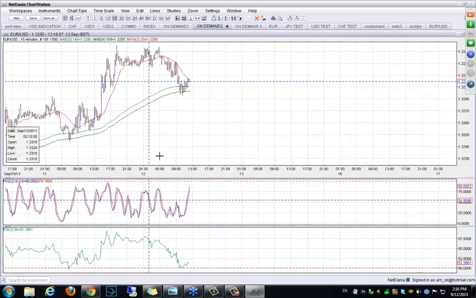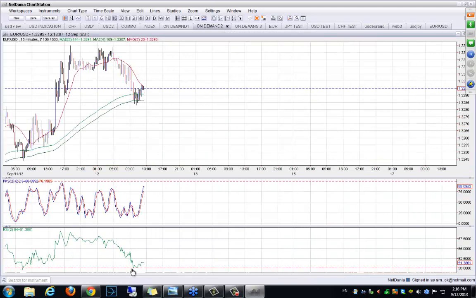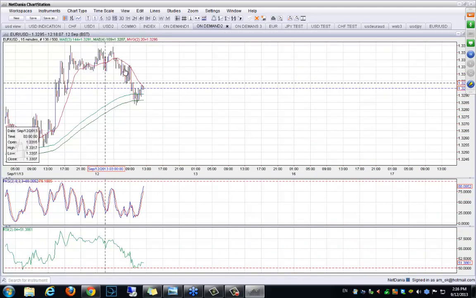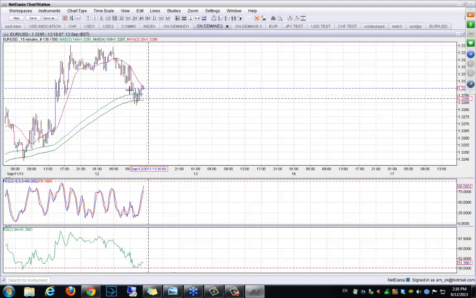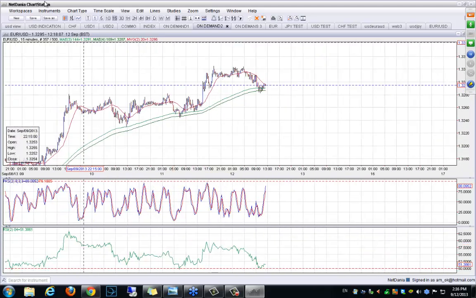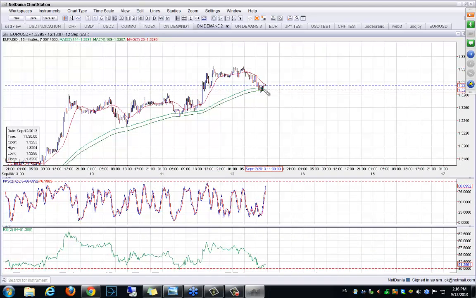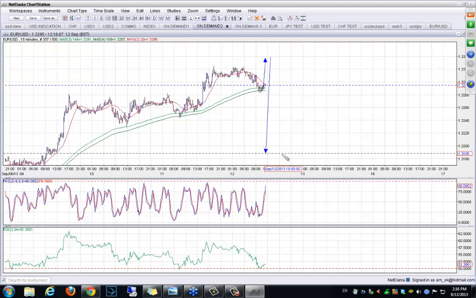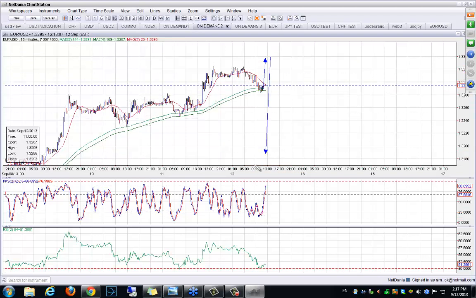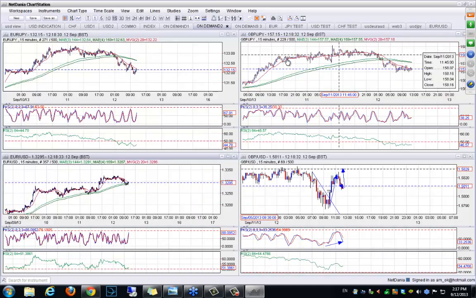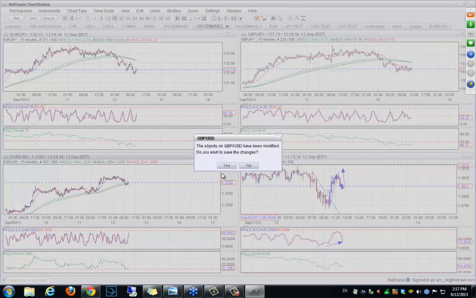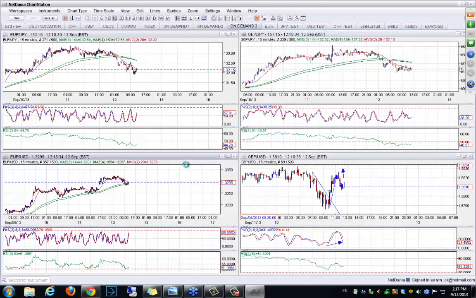Over here, the euro versus the US dollar is still fluctuating around the 50 level of the RSI, so I don't have any specific perspective regarding the euro versus the US dollar. Generally, looking at the structure, I do expect to see a bit more uptrend before we will collapse totally, but at the moment, I can't indicate an accurate entry point. That's what I need for me to participate in a trade on our station. So I would leave the euro versus the US dollar at the moment.